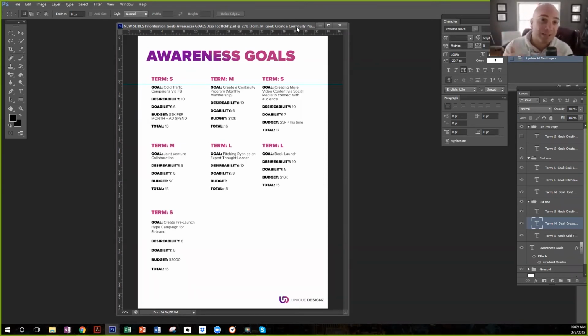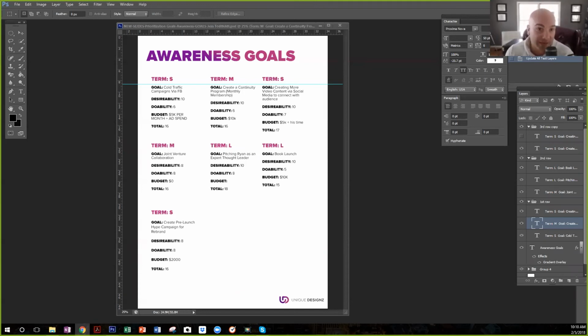Let me give you the quick background on how we're going to map this out. There are short-term goals, which are 30 days or less, medium-term goals, which are 30 to 60 days, and long-term goals, which are 90 days plus. Desirability is gauged on a scale from 1 to 10: 1 being a total pain, to 10, I could do this with my eyes closed, or I have a team that could do this immediately.